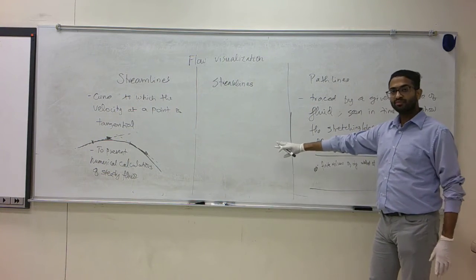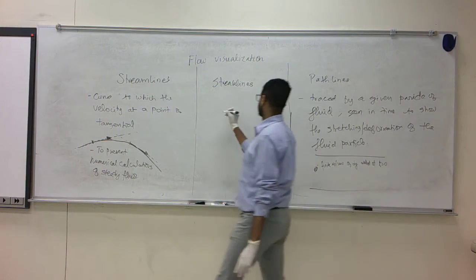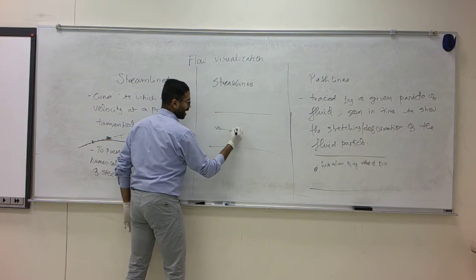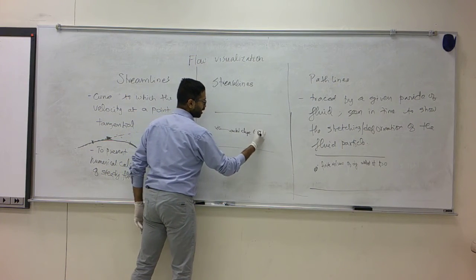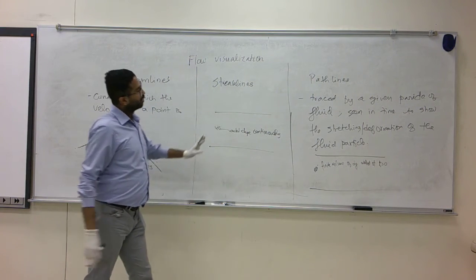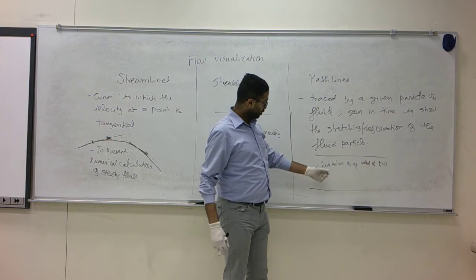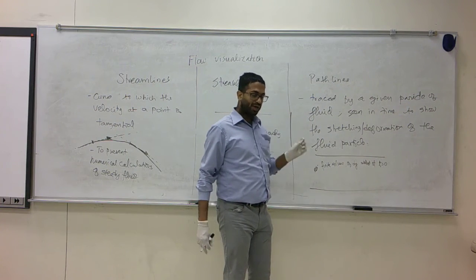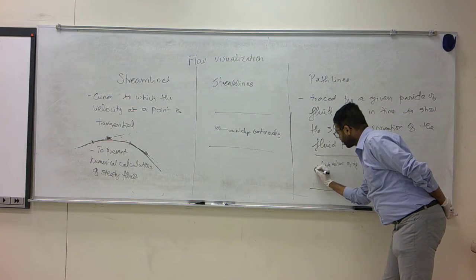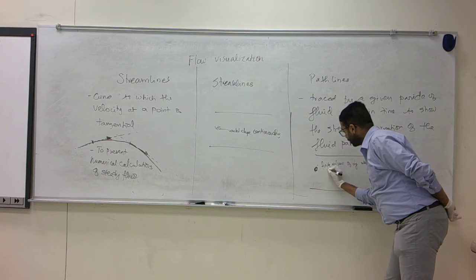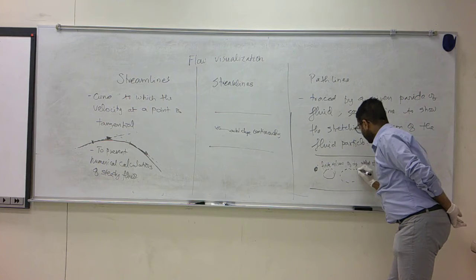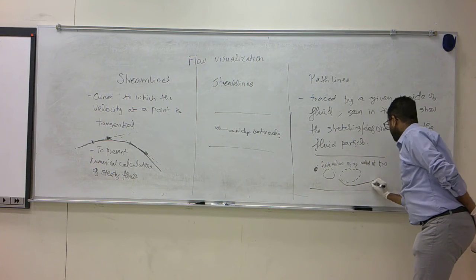In streak lines, you keep adding the dye in this volume continuously, for the whole time of observation. For visualizing path lines, you just add a particular amount of dye at time 0, and this blob, let's say it is spherical at the beginning, can stretch into an egg shape or it can become a bigger egg shape. So you can observe its deformation